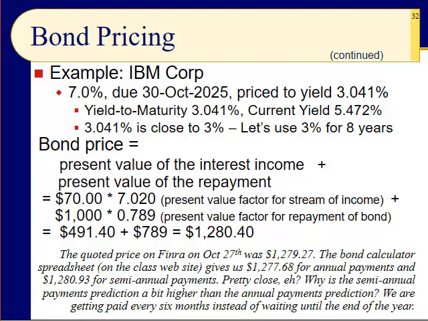Why is the semi-annual payments prediction higher than the annual payments prediction? Well, think about it, folks. Instead of getting $70 at the end of every year, we're getting $35 at 6 months, and then $35 at the end of the year. So we're getting our money a little bit quicker than if we just waited to get $70 at the end of the year. And so the spreadsheet responds and says, hey, it's worth a couple bucks more to you. I know we're splitting hairs. And so in the marketplace, it's not going to be exact, depending on what people's whims are at the time, but it's going to be pretty darn close. Yes, dear students, bonds are boring.